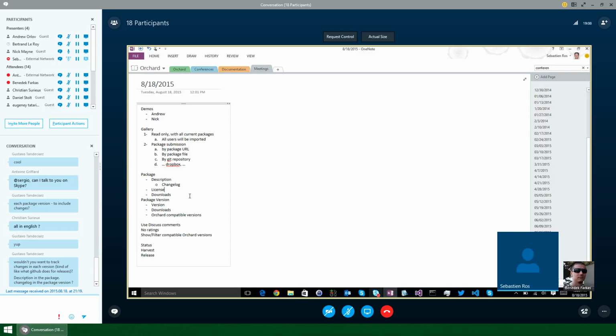Yeah, what I meant is that I would actually not allow direct editing on the website, because why, if we already have a convention to parse it out. Yeah, so if the convention is, for instance, in the case of a package file or package URL, we take a README file from the package, or a README at the root of the module, fine, or the description of the module.txt, fine. That could be the convention, and then we don't have to edit it. At the same time, if you want to change the description without upload, this is something very important. If you want to change the description of your package without updating the package with a new version, then...